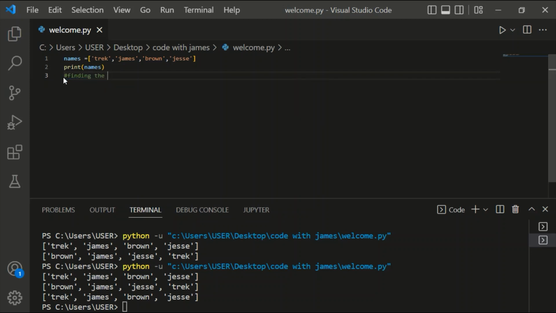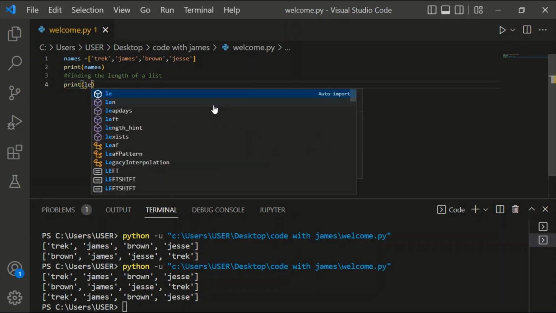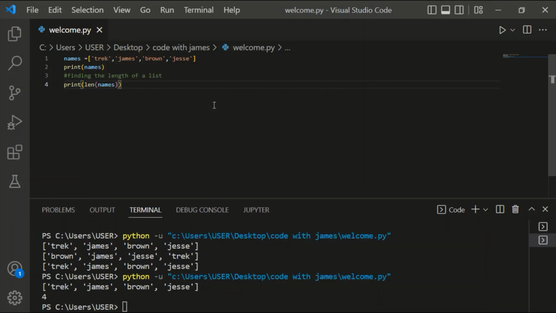The next is finding the length of a list, and you can easily find the length of a list by using the len function. Let's print the length of our list, and when you run, you can see it has returned